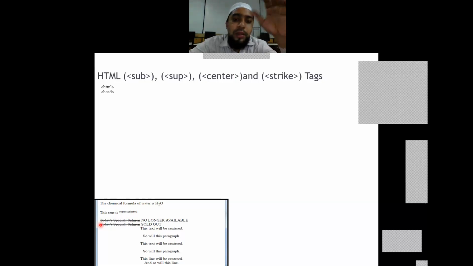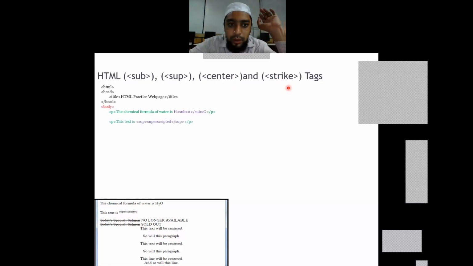We just want to strike off the text. Then we can use the strike tag. As I said, 2 should be kept in the sub tag and in the sup tag. Then strike: this thing has been kept in a struck-off manner.